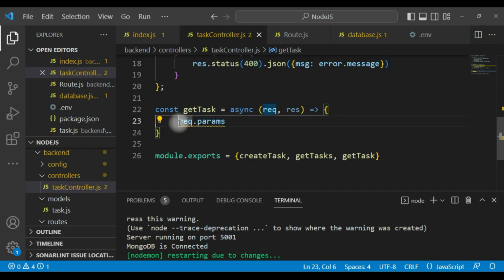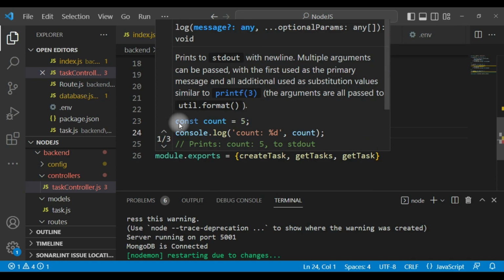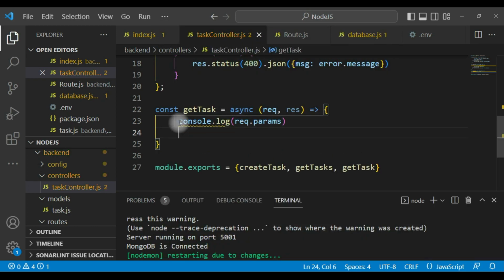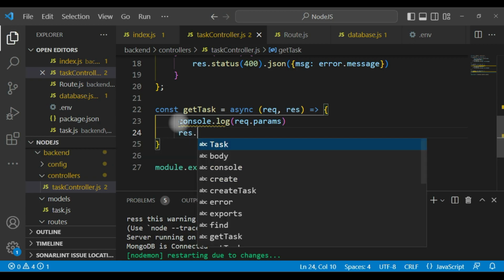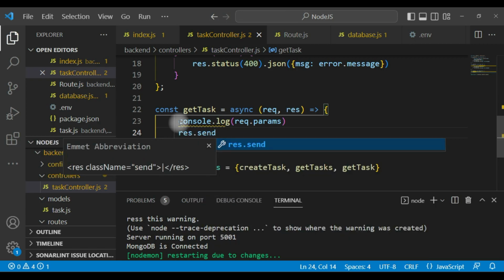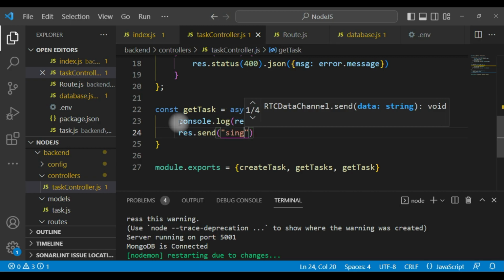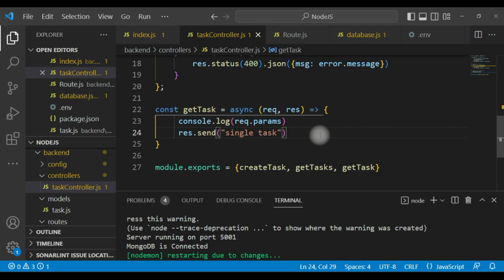So if I just console.log the req.params, and in our response we send "single task". So if we print single task and we console log our req.params,